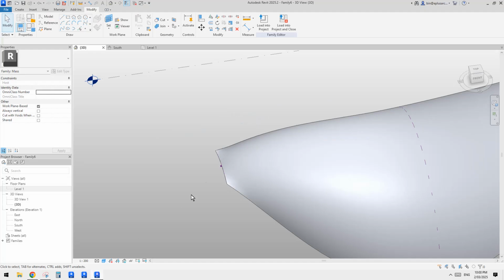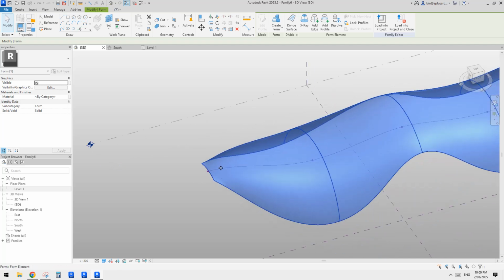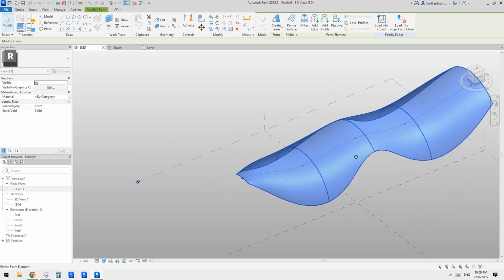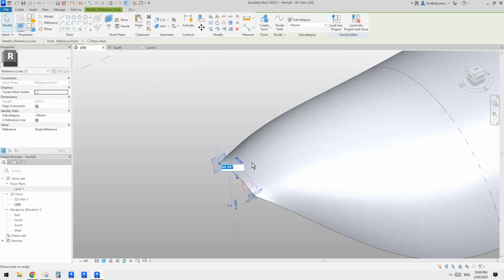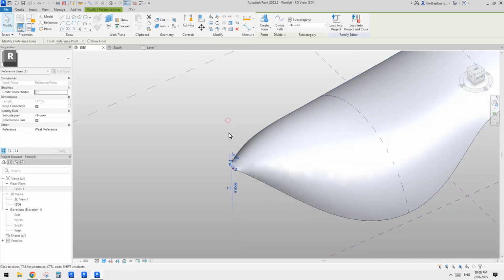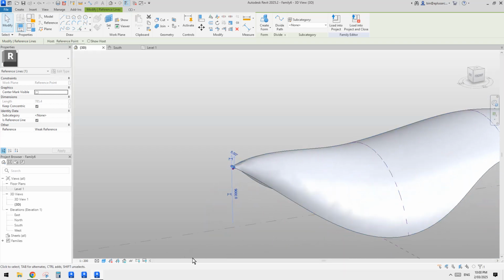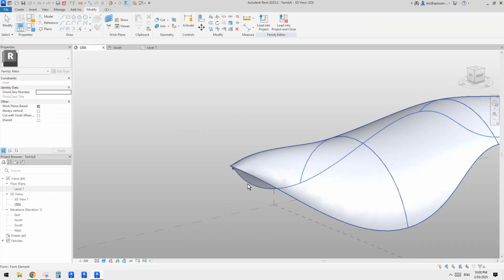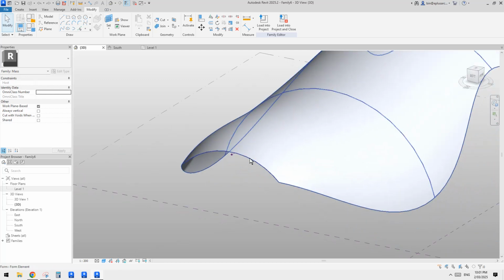We don't have 100% control of the shape. I guess we can just try to make it even smaller. 10, 5. Yeah, I don't think this looks right. Oh, probably not. Let's Control Z. Maybe we should just